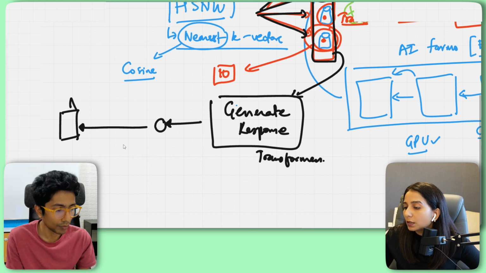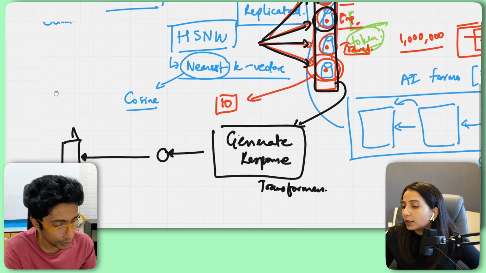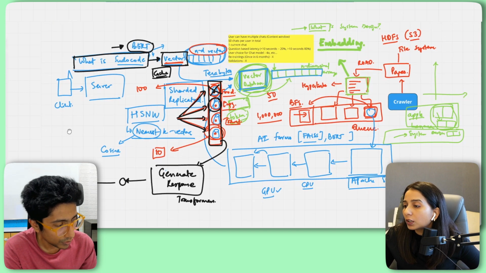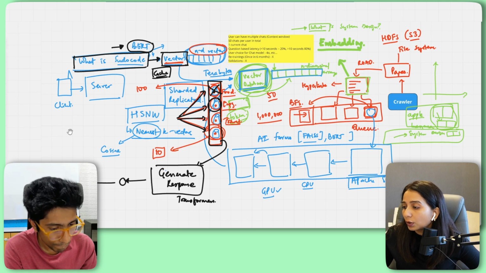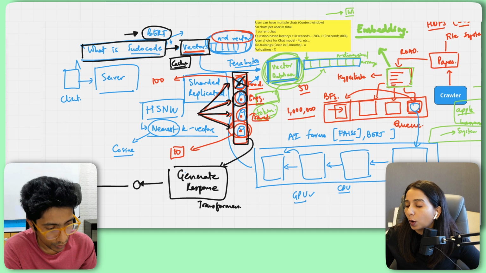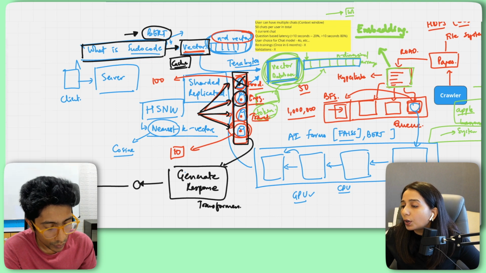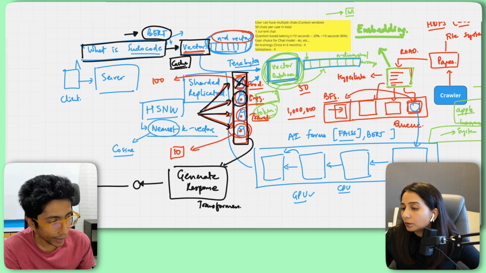Okay. In this whole system, you would also have to make sure that your system doesn't get overloaded. And at the same time, you also have to make sure that all around the world, there might be a lot of common queries. Just the way Google suggests to you, like, do you want to ask this? Whenever you start typing in, there are a lot of auto suggestions that show up, right? Because people have asked similar questions. So similarly, when you have a lot of similar queries in this case, how are you going to cache the response of such queries? One thing that I can do is prefetch documents into cache